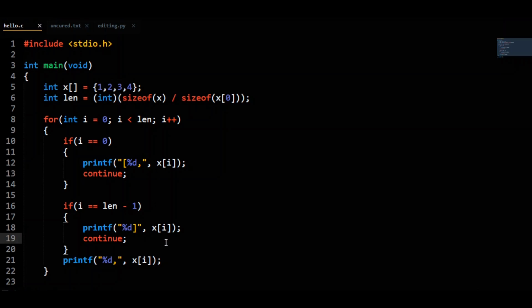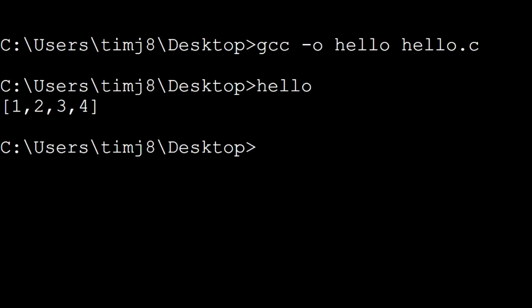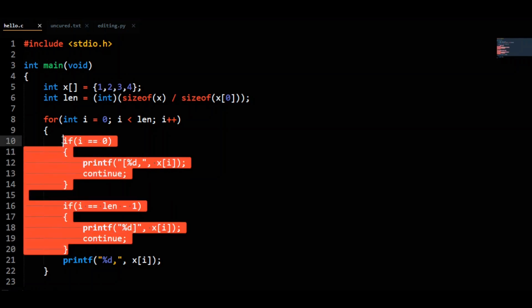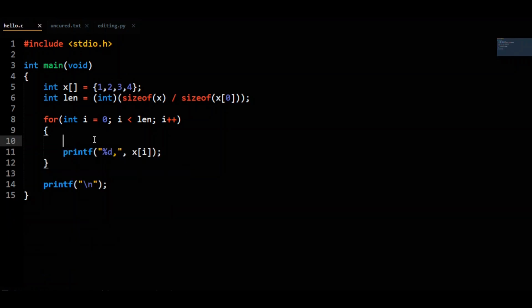If we run this code, you'll see it works, but it's a bit stupid. We had to put in 2 extra continue lines, and we're asking 2 if questions on every single run of the loop that are only going to be true once each. So here's the fix and the final look of the code. Delete both conditions from the loop, and start the loop 1 later and end it 1 sooner. So start i at 1 and end it at len minus 1.